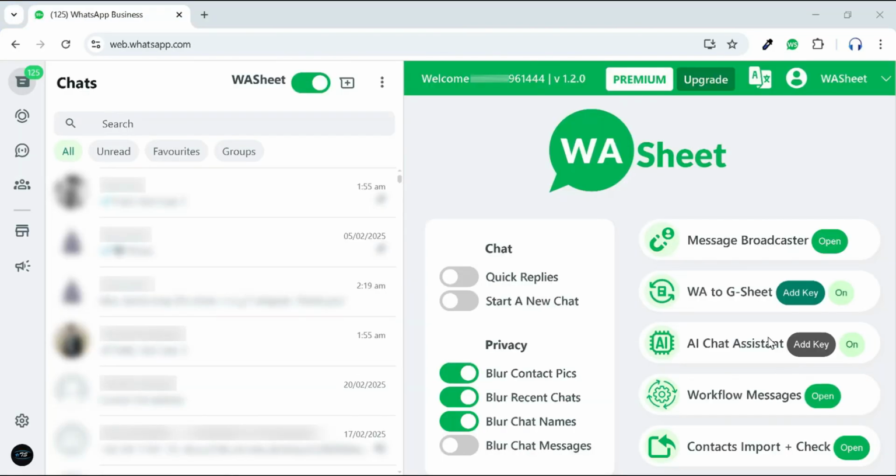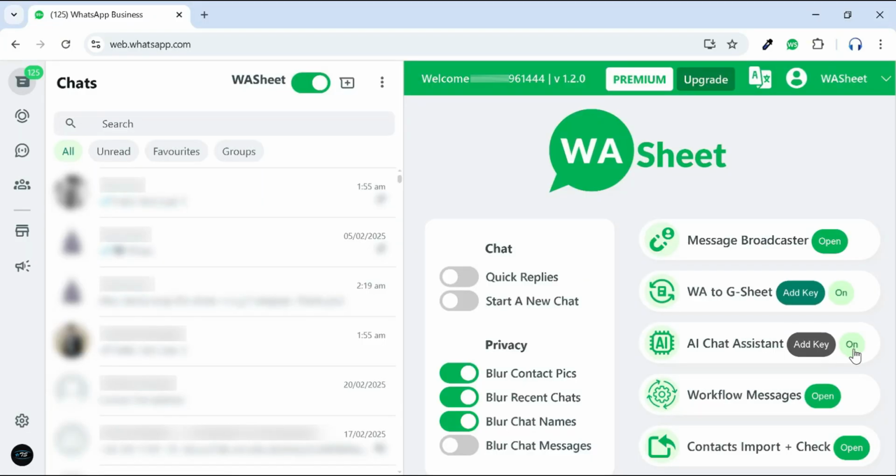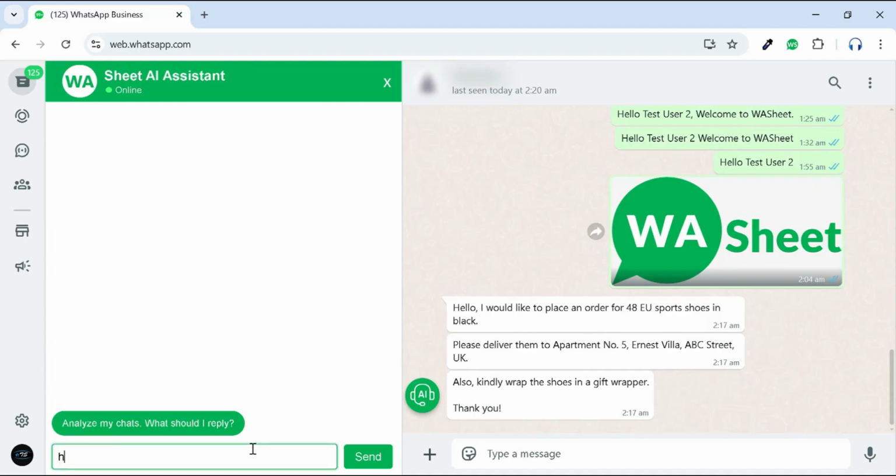To activate the AI Chat Assistant feature, you need to generate and add an OpenAI API key. Click on this link to learn how to generate and add it. Click on, then open any chat tab where you'll see the AI Chat button at the bottom left. Click to open it. Here, you can ask anything or use the Analyze My Chat feature, which will analyze your